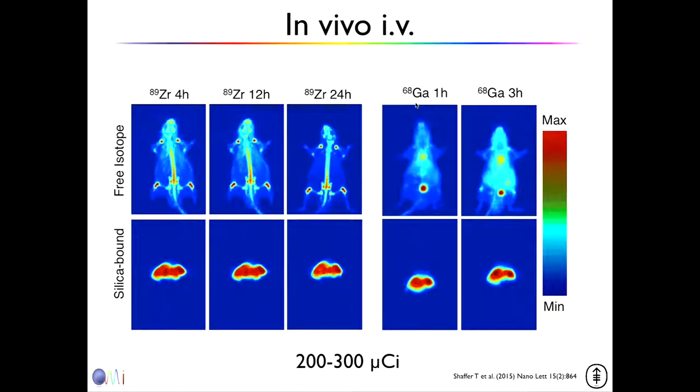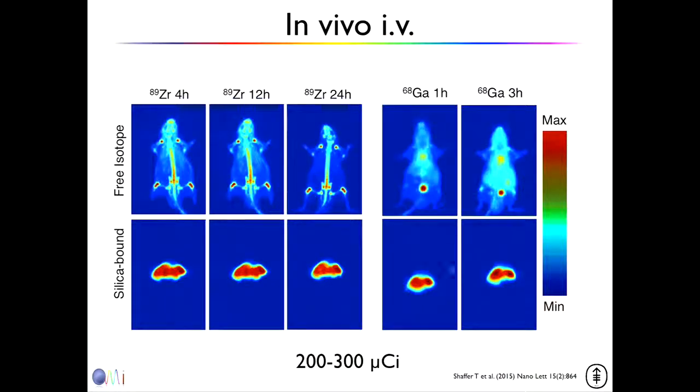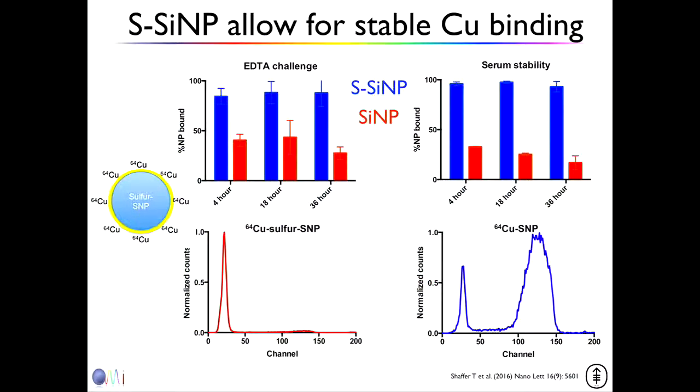Here's another example, gallium-68, goes to liver and a little bit gut, and here's a little bit bladder. Whoops. If you look again, here it is on the silica nanoparticle, again, liver. So based on the distribution, we know it's bound. So what about the copper, though? Usually I talk a little bit more about it, but for the sake of time, I put the 2 or 3 slides together into one.